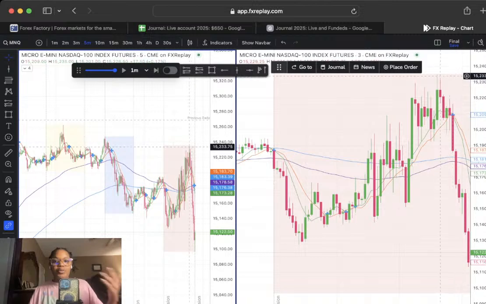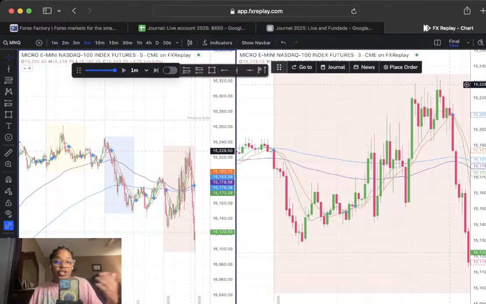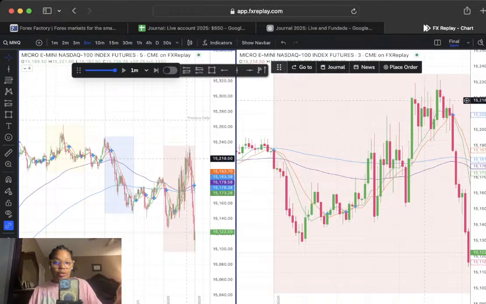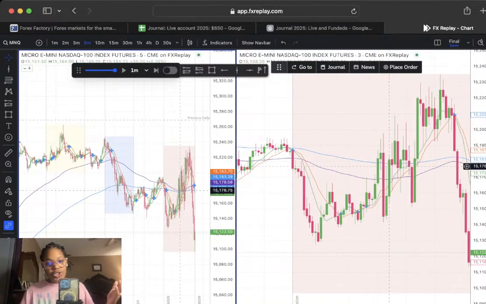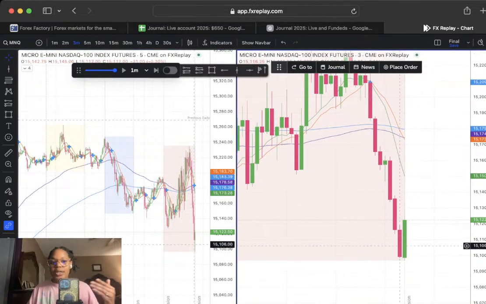We would have either almost made all our money, maybe moved stop to break even at that point and just not lost on that trade because it came so close, you know what I'm saying? Or just not taking it. All three are valid, versus this one was way cleaner. So let's go to the next New York session.